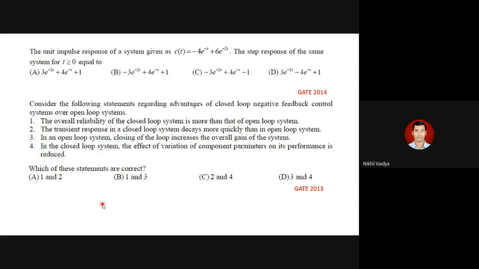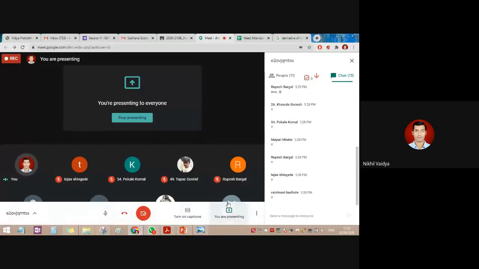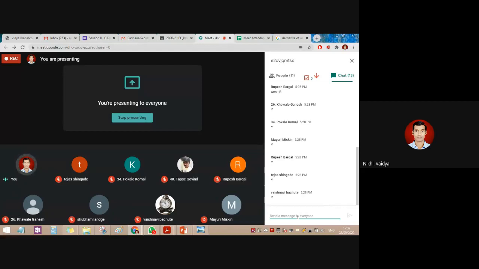There is one statement which is very easy. We can group the options in that particular case. That one statement is 100%, we can just conclude that it is correct. Okay, which one is that statement? Yesterday we had stressed it a lot, where we are having more reliability. Can anybody tell whether in closed loop system or open loop system reliability is more? We had discussed the example of fan and AC.